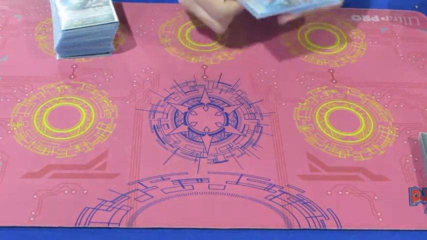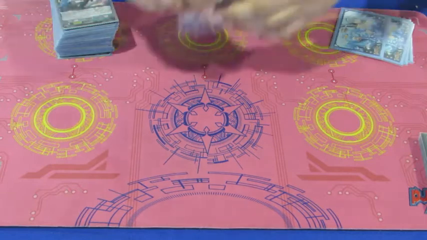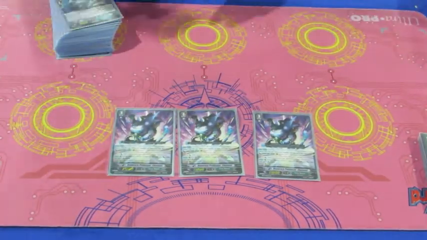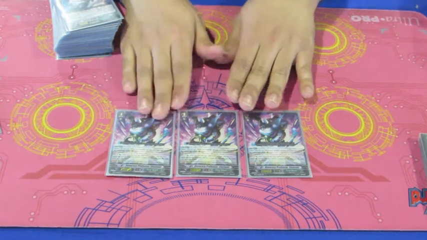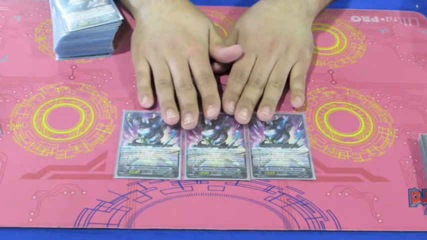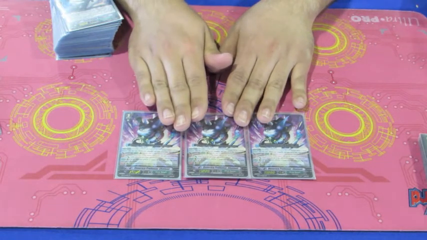Next up for the Grade 3s, I have 3 of the Break Rides, which is Honorary Professor Chat Noir. Chat Noir is a unique card for Great Nature. Whenever you're at Limit Break and you Break Ride a Grade 3 on top of it, it gives your rear guards a unique skill, which is